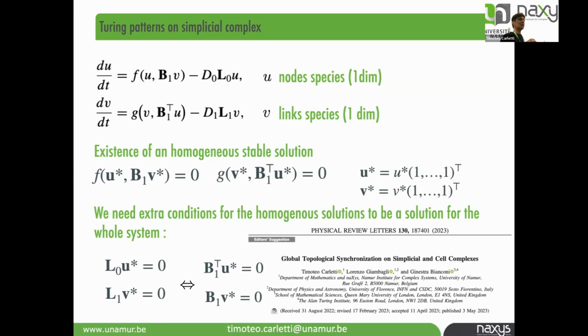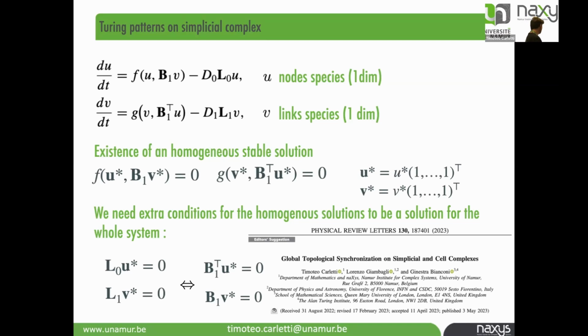There is really a constraint which is related to how the links and the triangles are matched together. In this case, this condition is simply that each node should have an even number of links incoming or outgoing. If you add triangles, the condition is more complicated. With Ginestra, we were able to construct a few examples. One is a torus, where you have a triangulation of the torus, or what is called a waffle, which is a strange structure where you have pyramids glued together in a donut way, if you want.